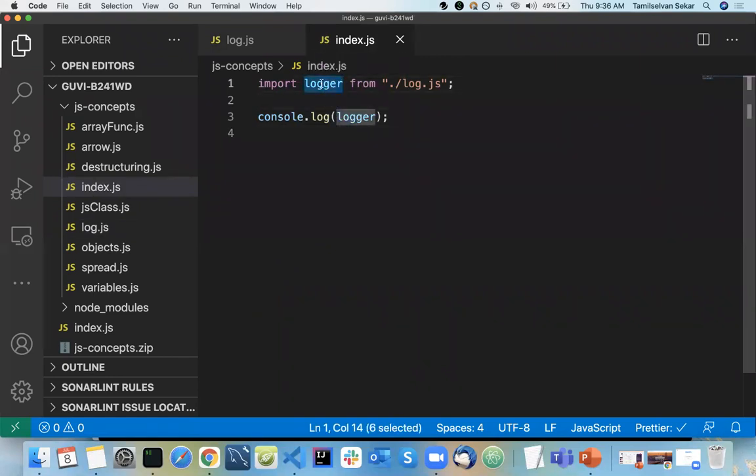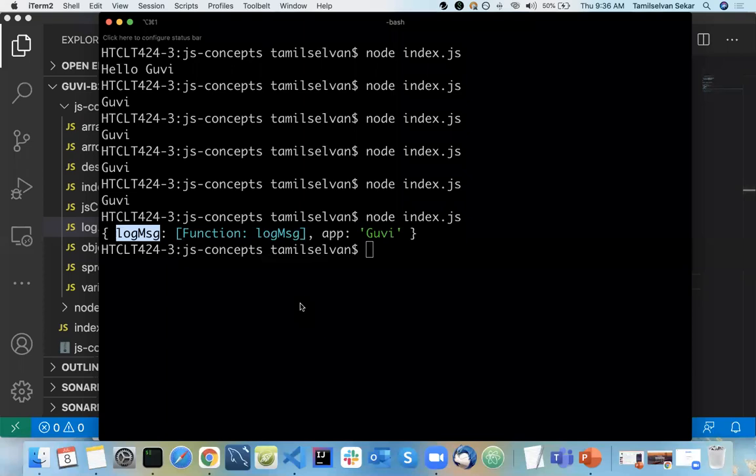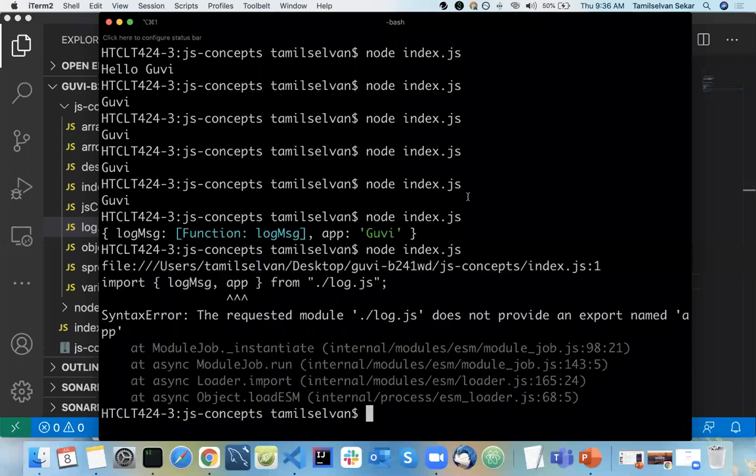You can use something called object destructuring. Inside logger, I have two things: one is log message and one is app. So you can call it in this way, log message of app again. The same default export I just showed you, in the case of an example of an object here. So if I run this,